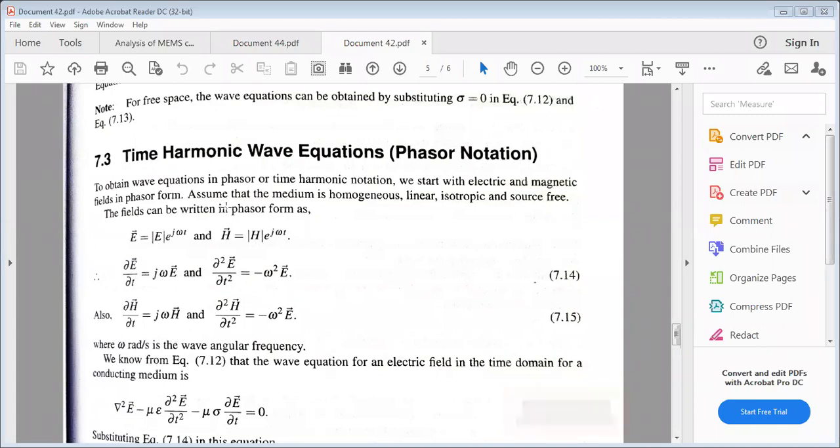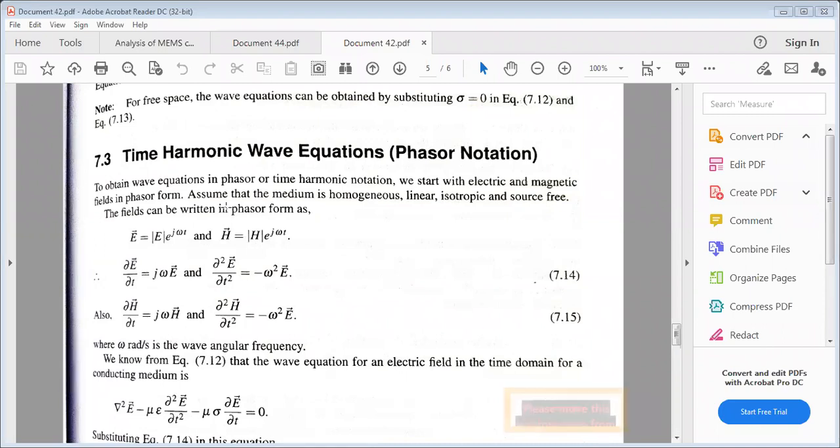Medium is homogeneous. What is meant by homogeneous? Epsilon, mu, sigma of that medium are constant, end to end; when the entire medium parameters are constant, it is called homogeneous, linear, and similarly isotropic. Already these terms were learned in an earlier topic, right? And source free means there is no additionally added distortion, noise, or other parameters.